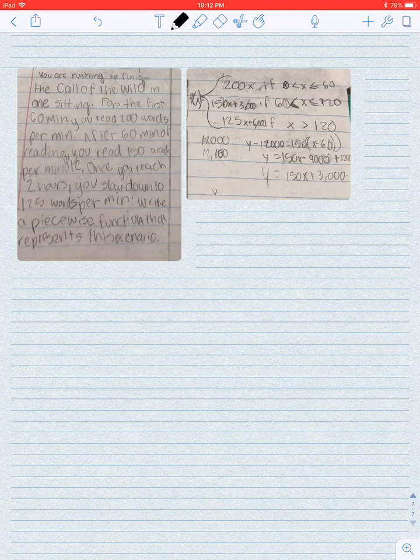The rate of reading is 200 words per minute for the first 60 minutes, and then it's 150 words per minute beyond 60 minutes up to 2 hours, and then it's 125 words per minute thereafter. So it's going to be a three-part function, and to set that up, let's say the total number of words that are read in x amount of time is represented by f of x equals